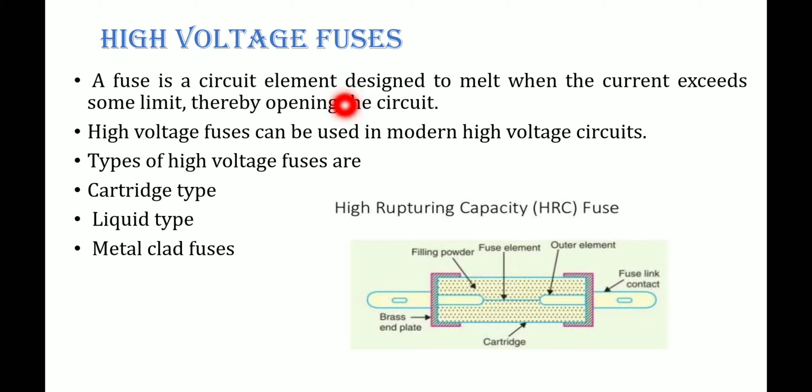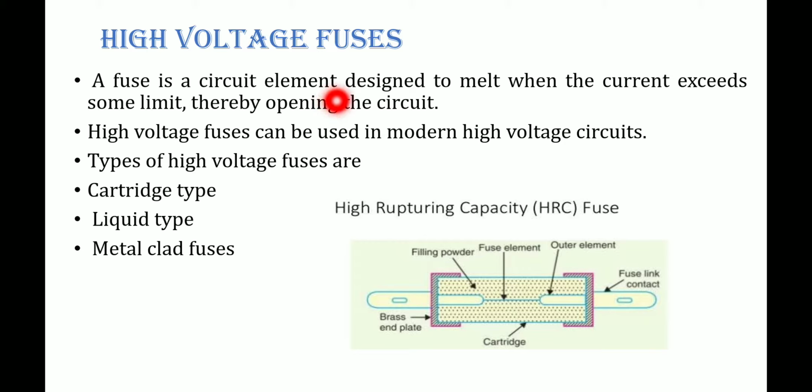So that is the reason. This fuse element, nothing but the tin and lead alloy, as I said, should have a lower melting point. Why should it have a lower melting point? In the sense that it should melt and break as soon as its temperature gets higher than its melting point.